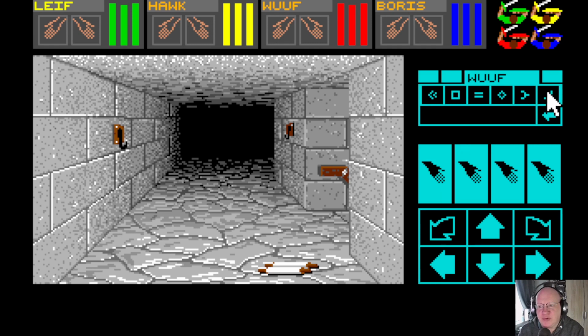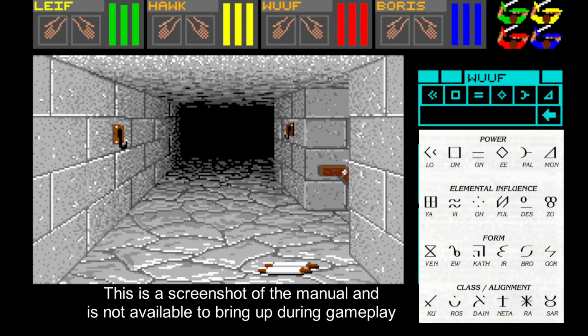And then we have symbols. The first set of symbols are the strength of the spell. So we've got low, which is the lowest, and mon, which is the highest. And we can see the spells there. So we have low, on, e, pal, and mon. Most of the starting spells will start at low, but if we press the low, we then can see